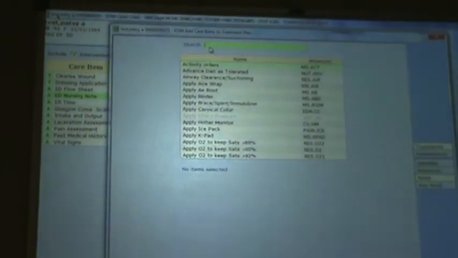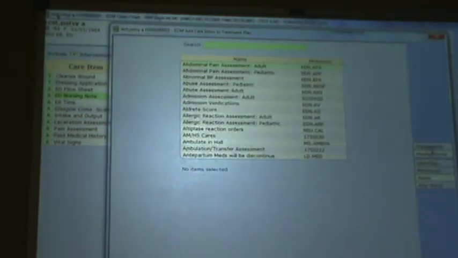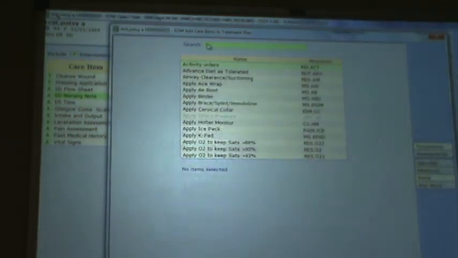And also the same premise with the work list. You can add an intervention. If there's something not on there that you want to document on, you can go in and add an individual intervention. With the ER, you do need to be aware